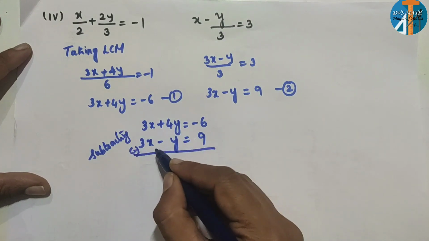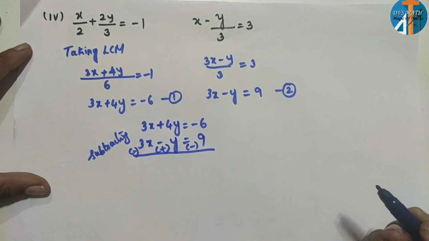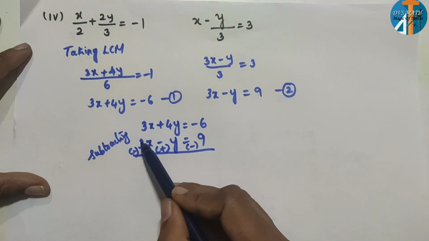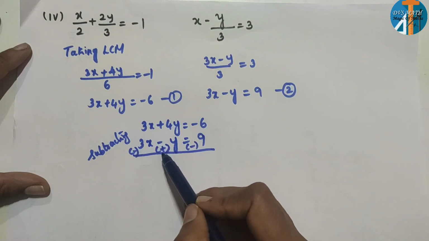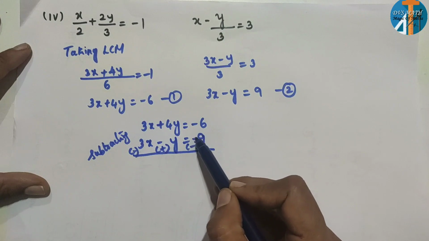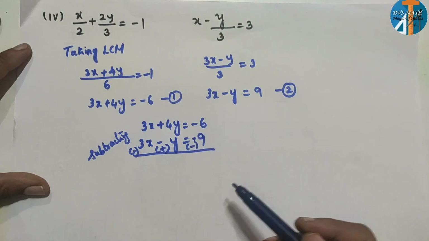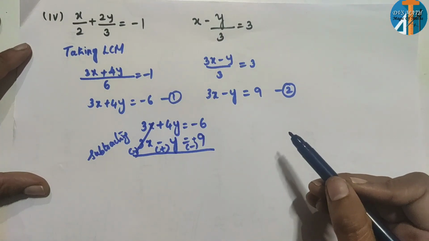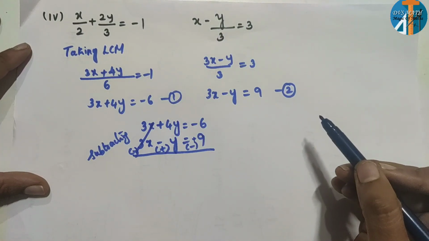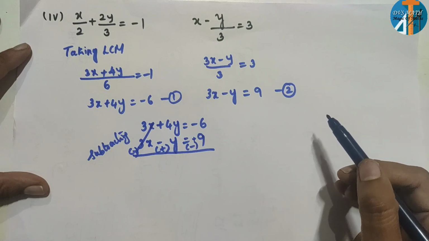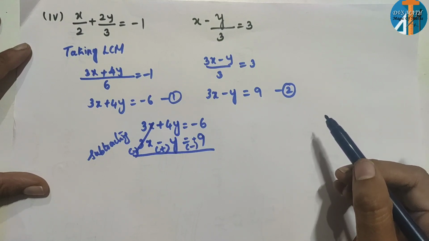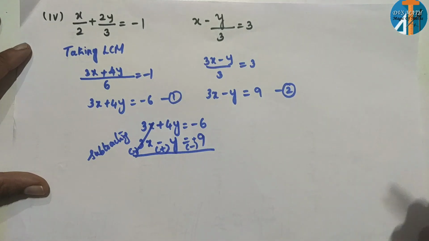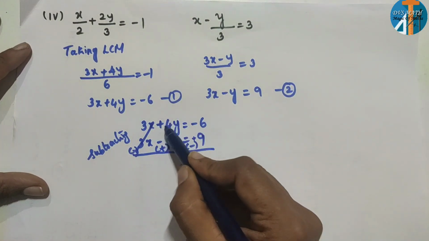So what happens? Minus plus minus. That means here it is plus, so we have changed to minus. Here it is nothing, which means it is plus, so plus means we have changed to minus. So 3x cancels. Remember, when you're cancelling the same terms, their signs must be opposite. One should be plus and another should be minus. Then only you can cancel each other. If the equation contains exactly plus and minus, then you need not change the sign. Directly you can write adding.